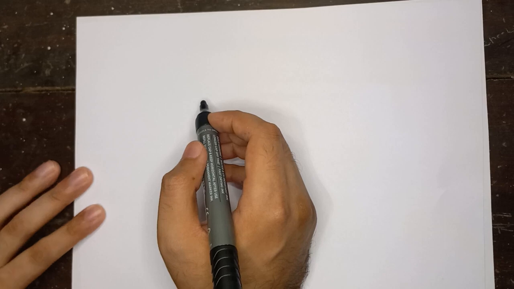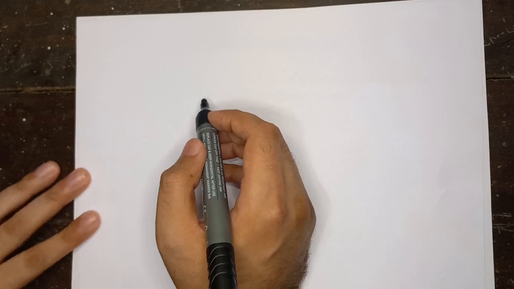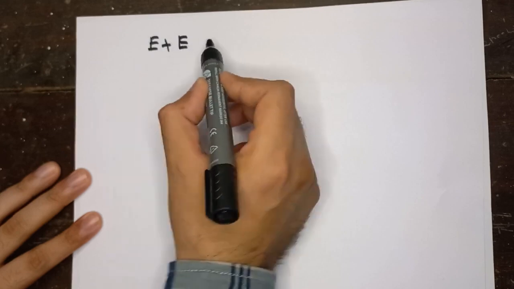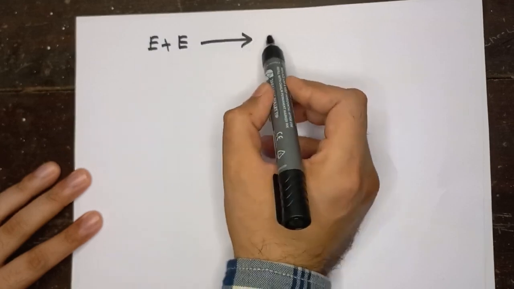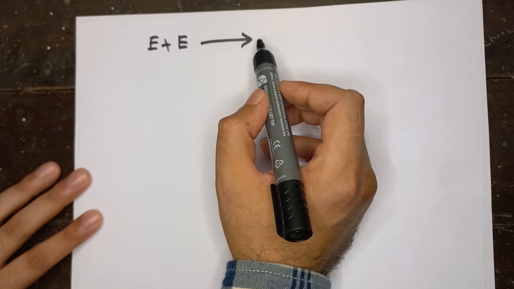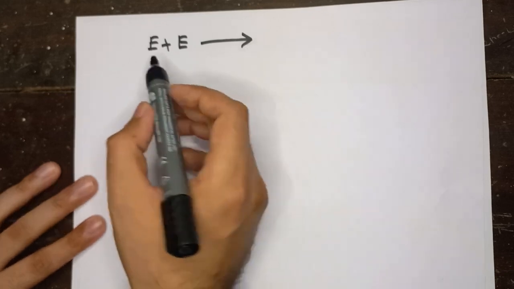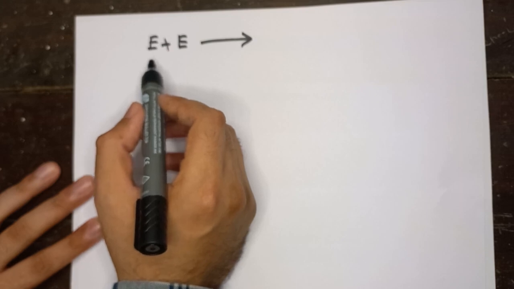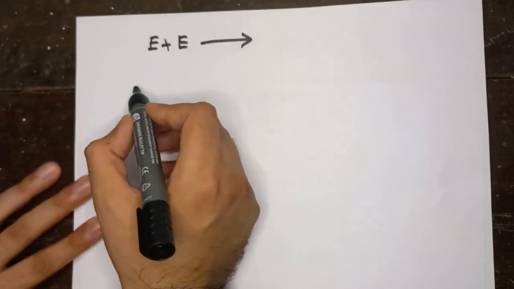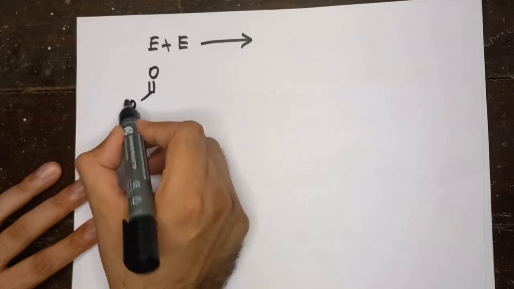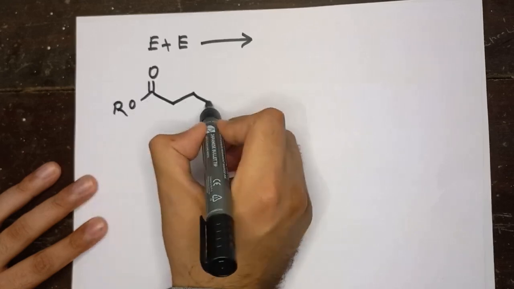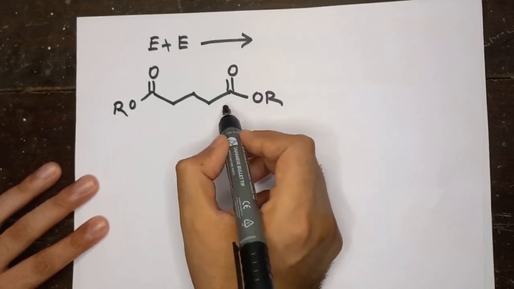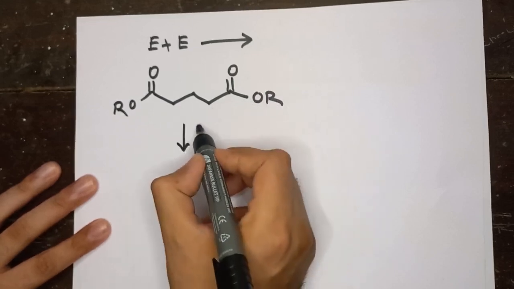Now one more thing I want to discuss is intramolecular Acyloin condensation. So we know when ester combines with ester, it forms alpha hydroxyketone when we do Acyloin condensation. But what if the two ester groups are present in the same molecule? That is what we call intramolecular Acyloin condensation. So let me write one example. So these are two ester groups present in the same molecule, and if we do the Acyloin condensation,